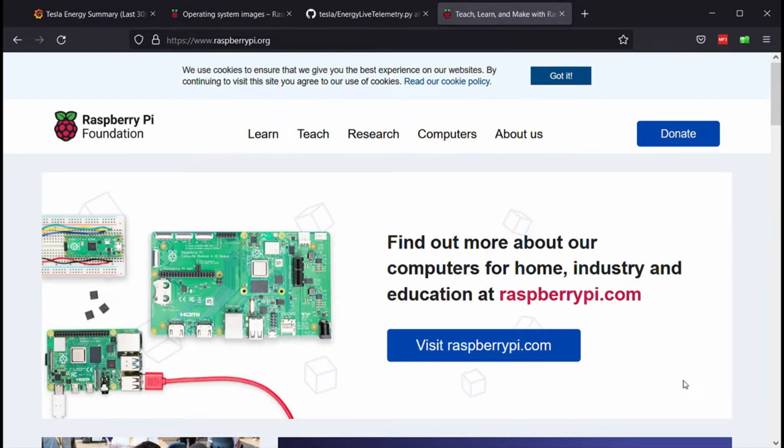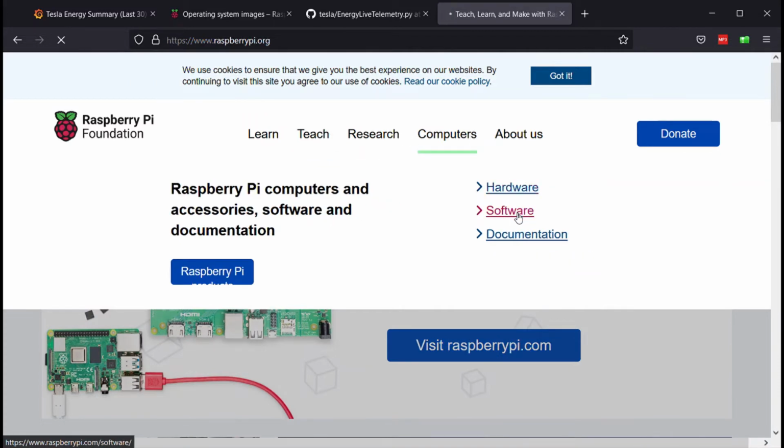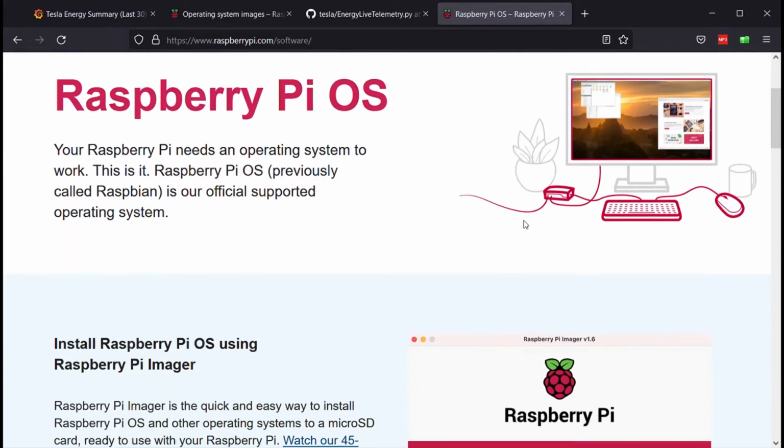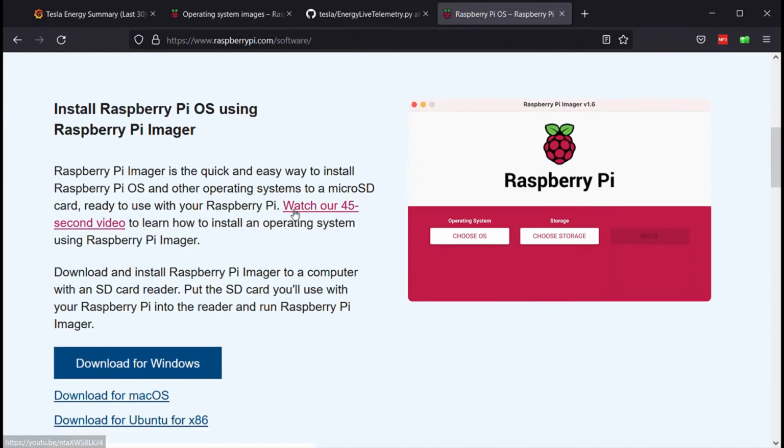So if you go to install the operating system, you go to the Raspberry Pi.org here, then you can go to computer software, and I used to use a different imager, but the newest operating system for Raspberry Pi has a little bit more complicated installation, which if you use their own imager, makes it a lot easier. And I'll show you what I mean, because before, all the configurations for like Wi-Fi, especially for headless setup,